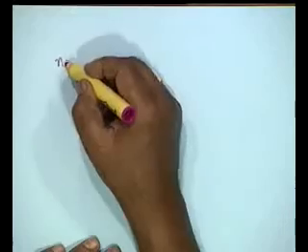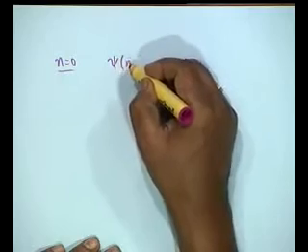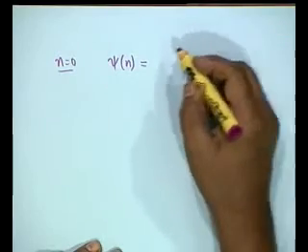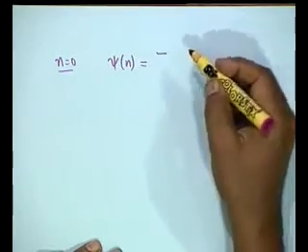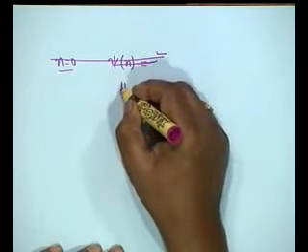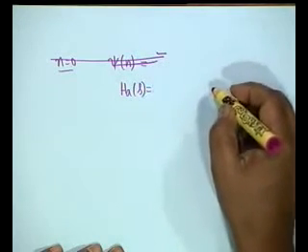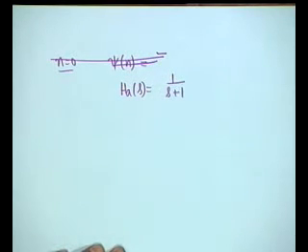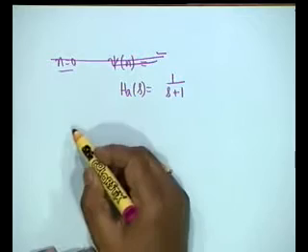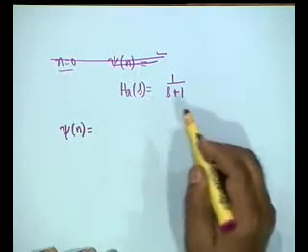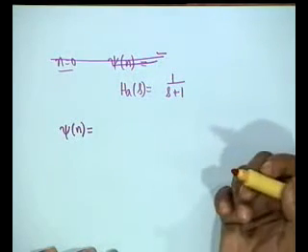Let's say n equal to 0. Then what is Psi of n? Psi of n is equal to summation. Let's take an example instead of the general formula. Suppose HA of S is equal to 1 by S plus 1, the first order Butterworth or Chebyshev filter. Then for this, Psi of n obviously shall be equal to,